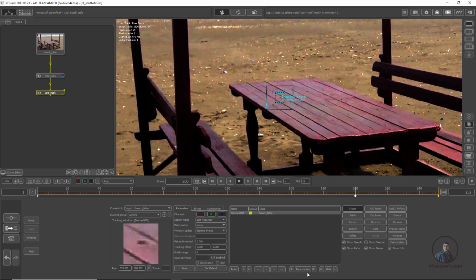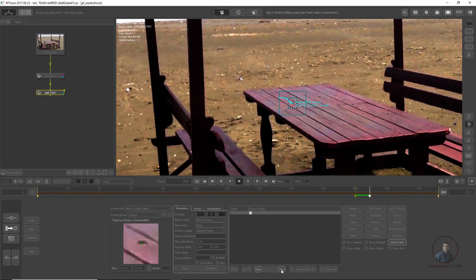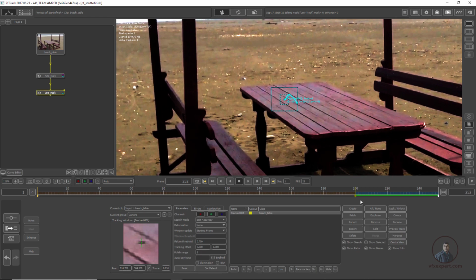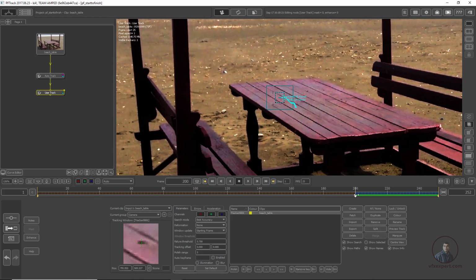Downside, these are the tracking control parameters for user track. We have to click here. This is frame by frame, and this is only forward track. So I am going to click on forward track. Now click and check. We have tracked. Now again come here and paste the CTI here. Before this we have to track, so you have to click here.